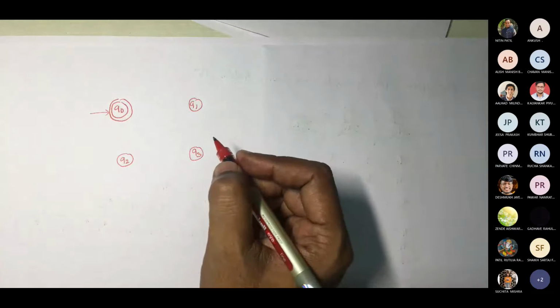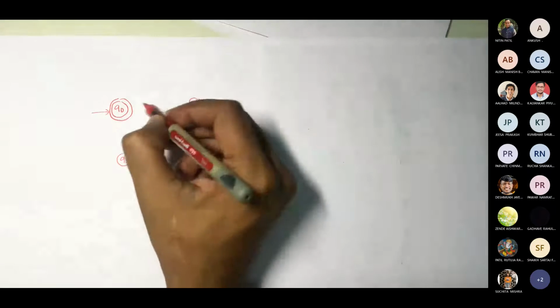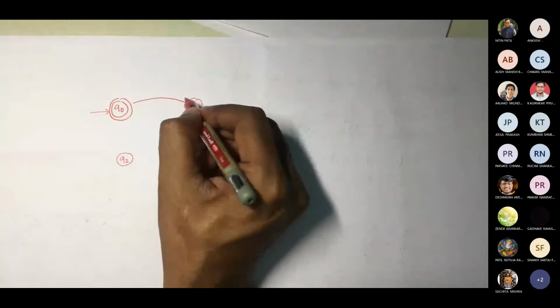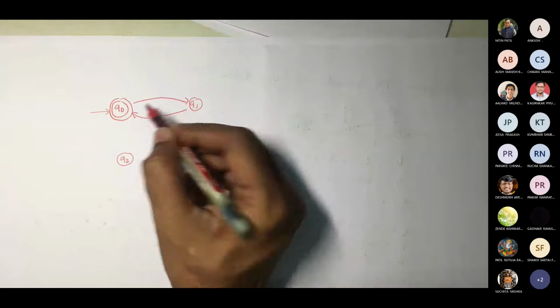Now, a while ago, I was talking about one scenario where there are incoming transitions to a state, but that state is never used in the equation or in the acceptance. So this is one example that I'm taking for your help so that you can see what exactly is to be done for such a case.